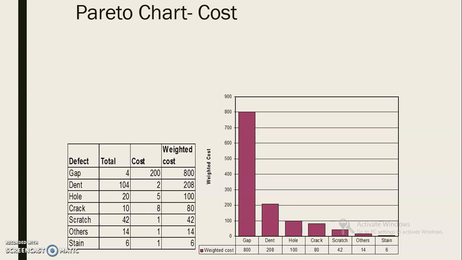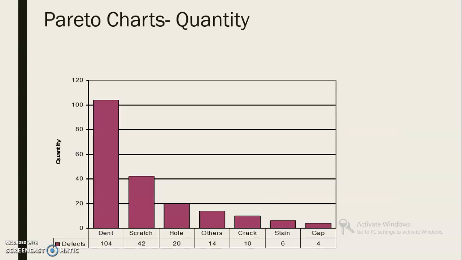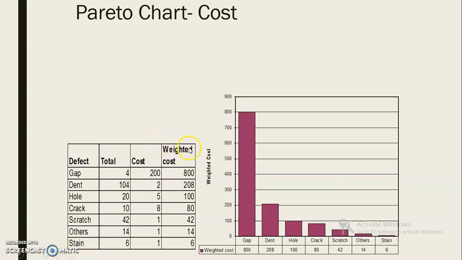Again there is one version of this same example. The earlier example was a Pareto chart of the defective quantity particularly, and this graph is a Pareto chart for the cost, right? So the cost of component, or cost of defect. Suppose we take the example of gap: there are 4 jobs with the gap, and each job carries a 200 rupees loss. So in total there is a loss of 800 rupees, 4 multiplied by 200. So the cost of gap for the 4 jobs is 800 rupees due to rejection, suppose, right?